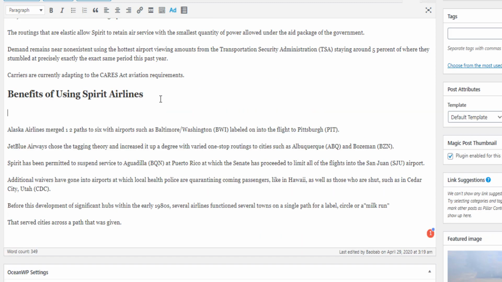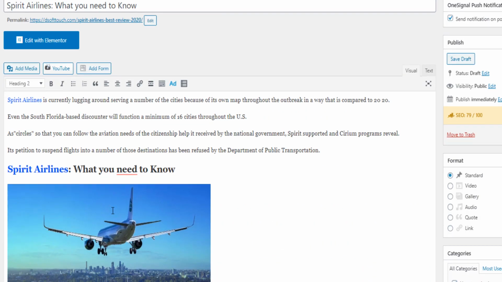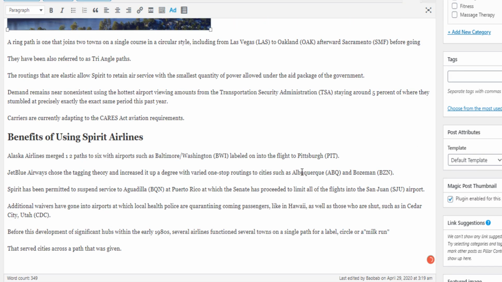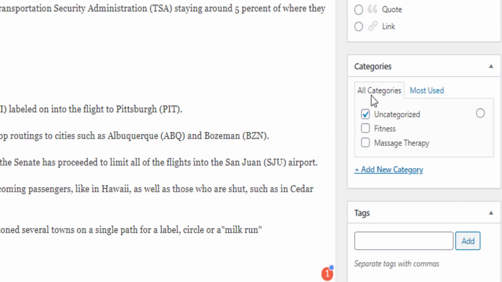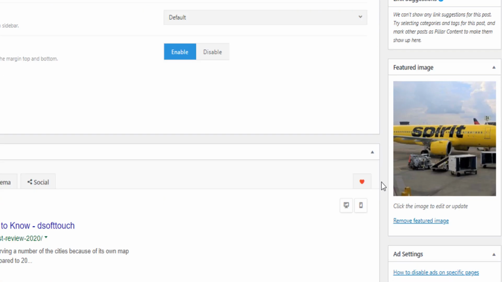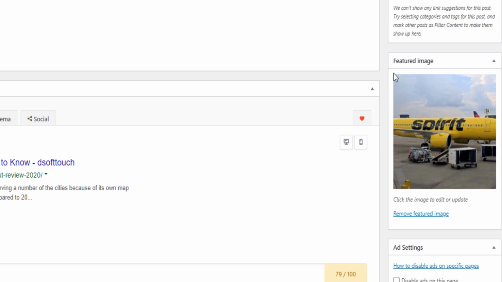And you want to make sure, for example, you find another picture related to the benefits of Spirit Airline, whatever that is, and then you just paste it here using the same technique that I already showed you to paste this image. Because the more images, the better. And you see, as I saved, this actually imported a thumbnail already,